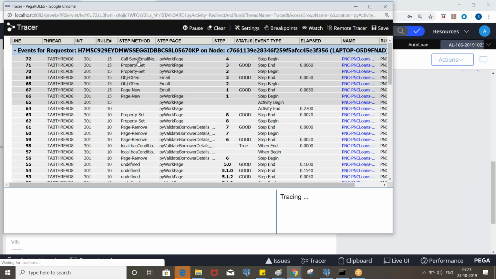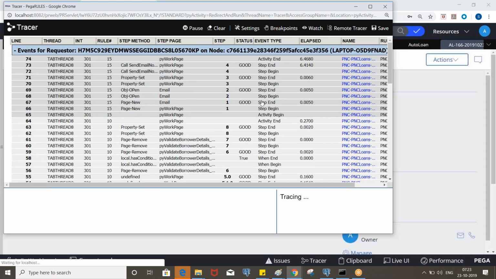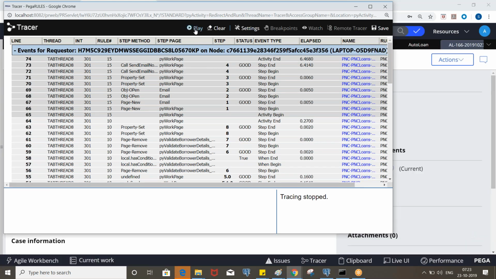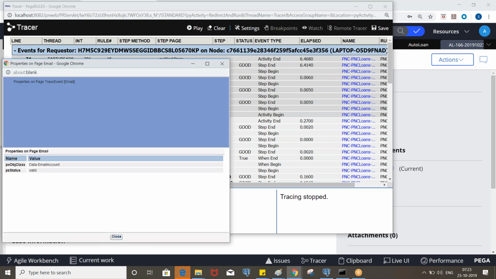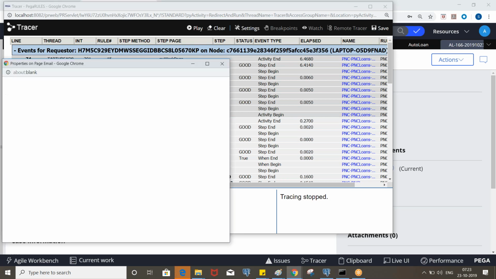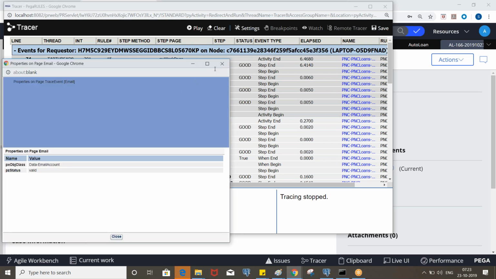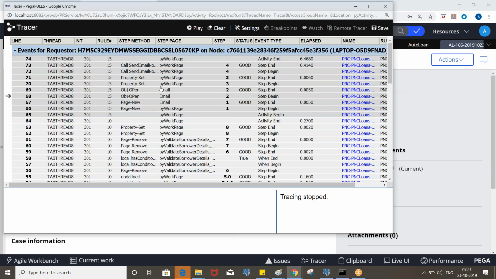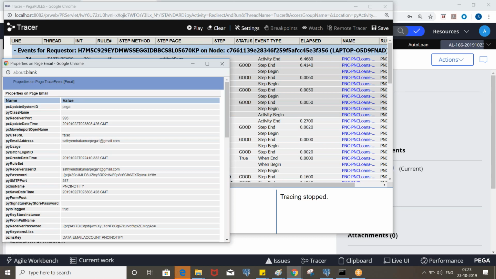This is the one, right? Send email notification. And the activity started here. So we created a new page. At this point of time we will not have any data. It just created a blank page, and after opening that particular account, you will see the corresponding details,